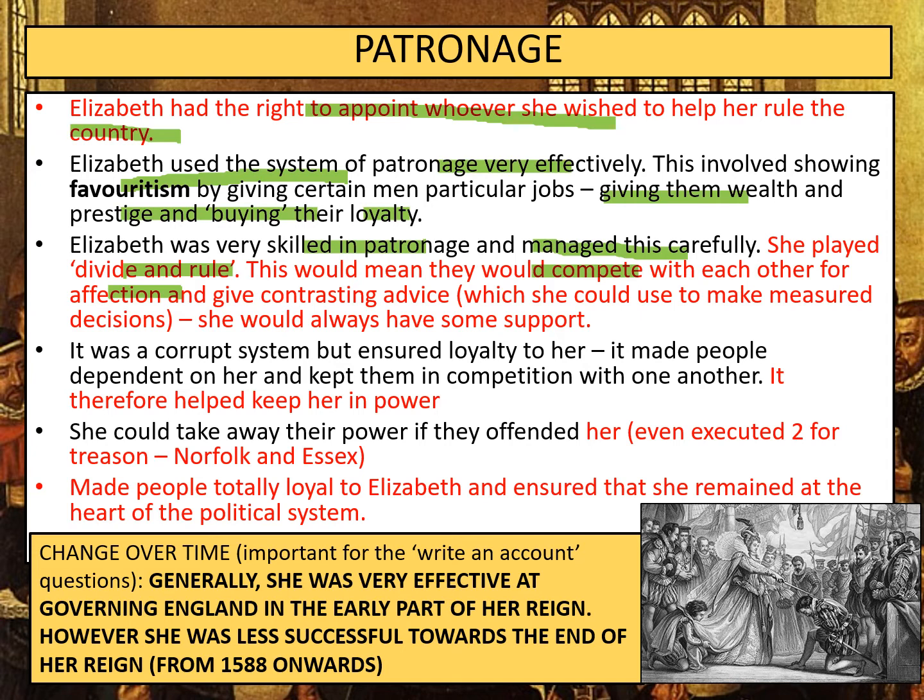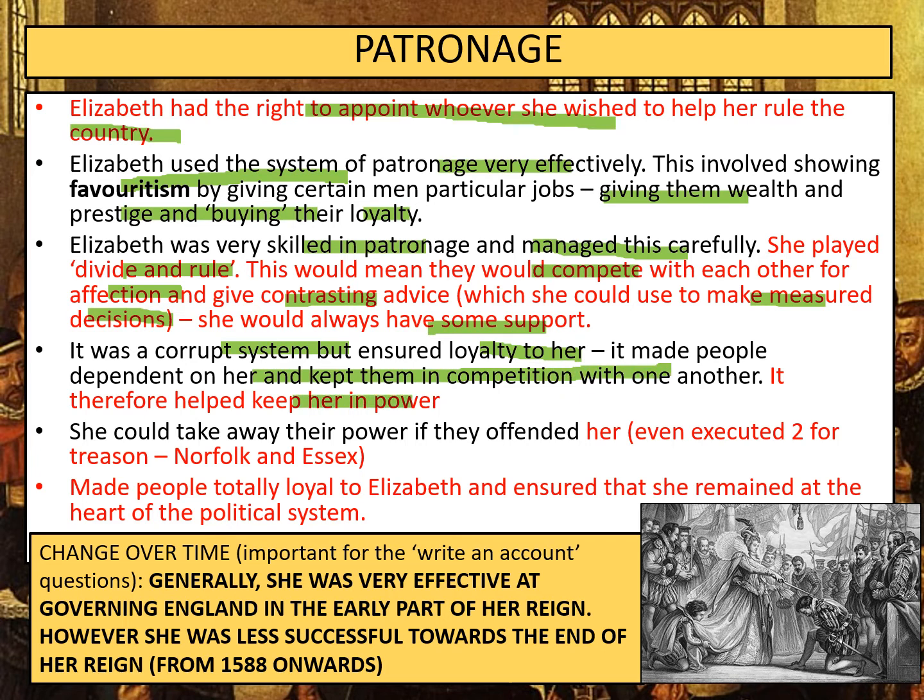even more successfully. For instance, having different groups of people with different ideas would mean that they would give her contrasting advice, which she could then take on board, both sides of the argument, and she could use to make measured decisions. It would also mean that she'd always have some support no matter what she decided. Now, technically, it is quite a corrupt system in a way, but it did ensure loyalty to her. It made them completely dependent on her and kept them in competition with one another, and therefore helped keep her